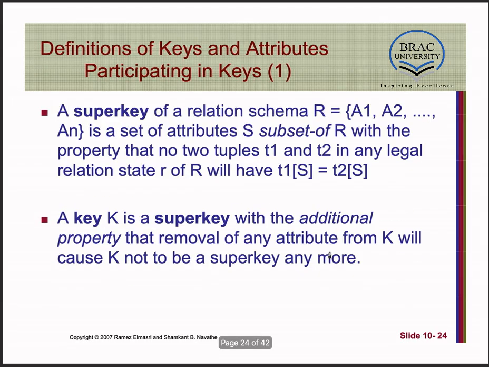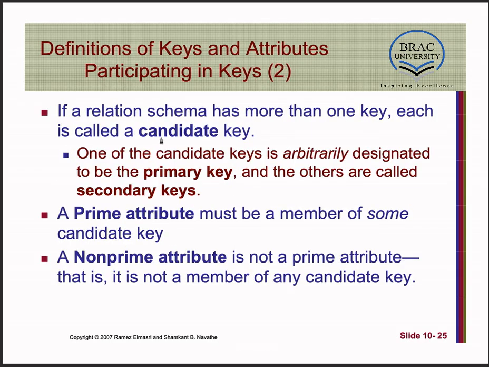Before we look at normal forms, there are some terms that you should be familiar with. You should be familiar with super key. It was explained in a previous lecture, so I'm not going through it again. Please make sure that you understand it. You should also understand the idea of candidate key. If your table has more than one key, then each of them can be a candidate key, and you will choose one of those candidate keys as the primary key, and the rest of them will be known as secondary keys.